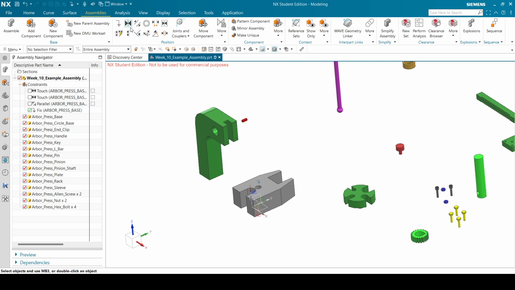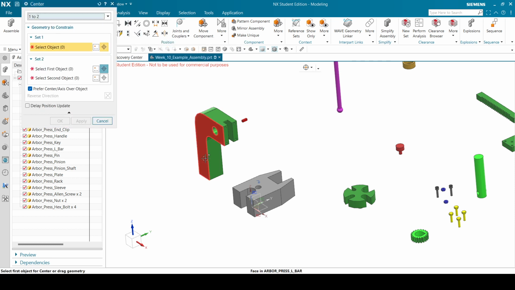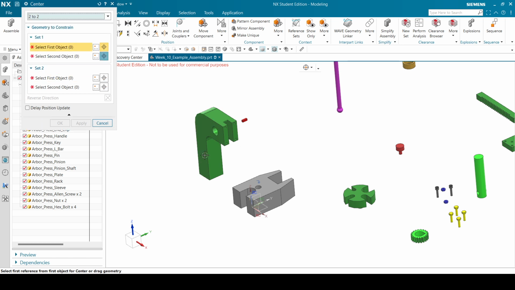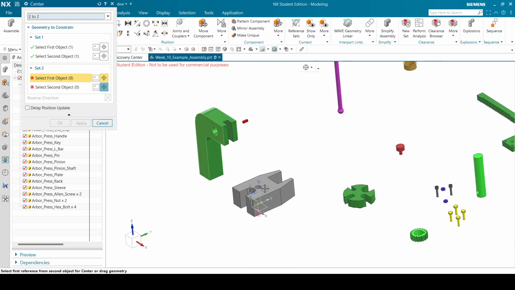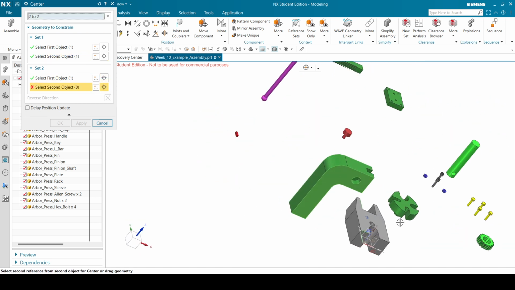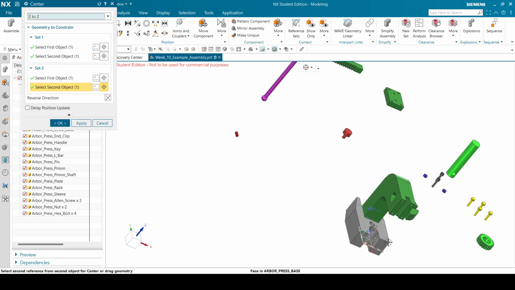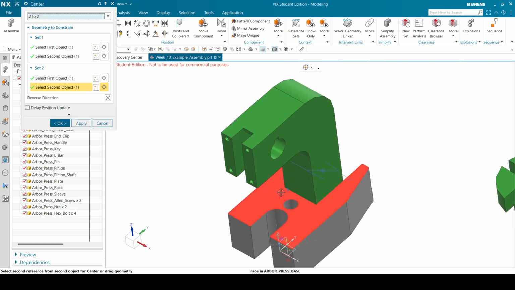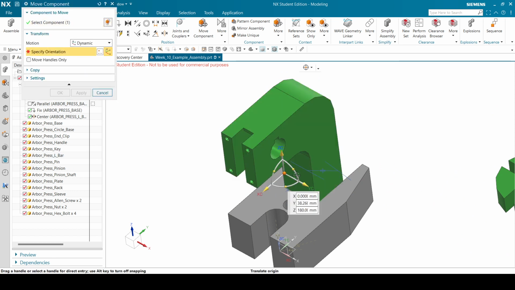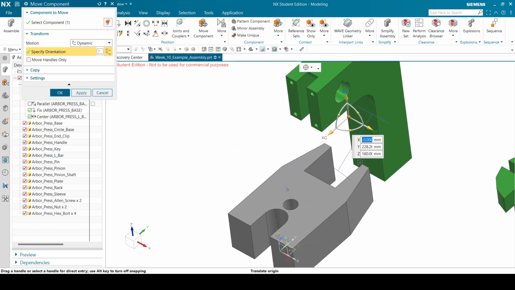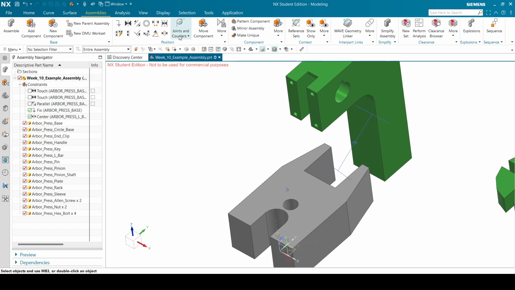Okay, so first I want to center. I want to go 2 to 2. I want to center this within that. So I'm going to say those two, centered with those two, and there we go. It's centered, but now it's clipping. That's fine, we'll just move it back. The reason I used center and not align, just aligning one of the sides, is